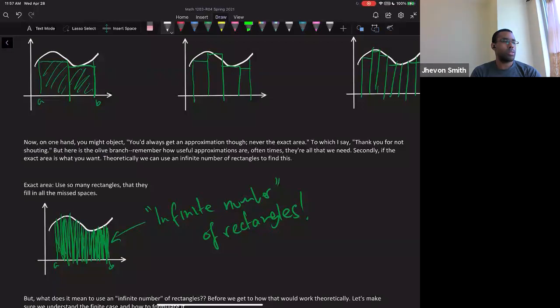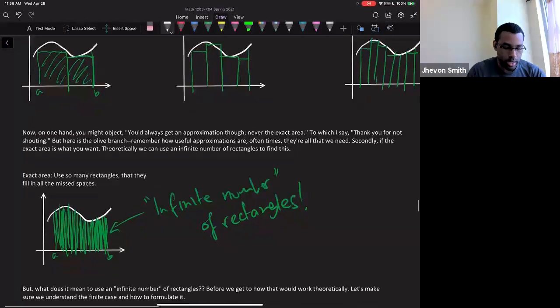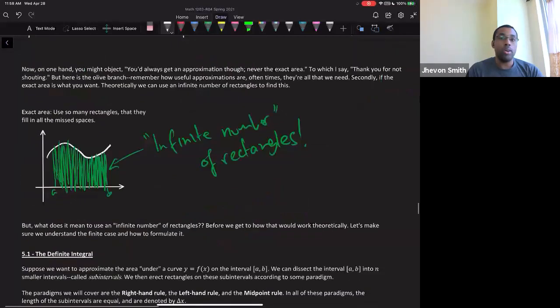What is the word that we use for it? Infinitesimally thin, right? So that's like infinitely thin. When you say infinite, it kind of has the idea that you go big. When you want to go small to an infinite degree, you say infinitesimal. So we have an infinite number of rectangles, but they're all of infinitesimal widths. And I think I wrote that in the notes somewhere. I just drew a blank just now. Okay, so now